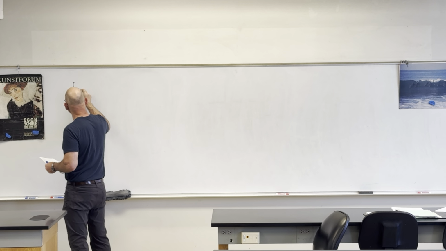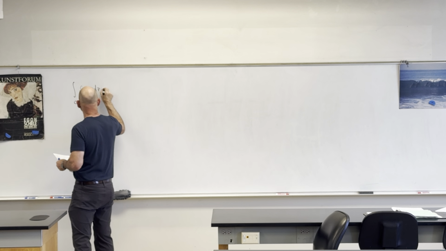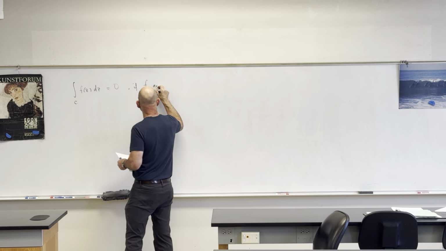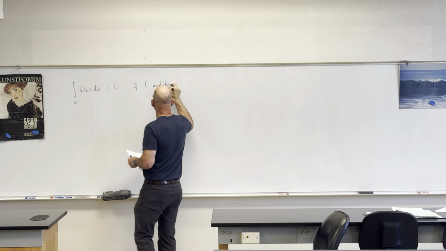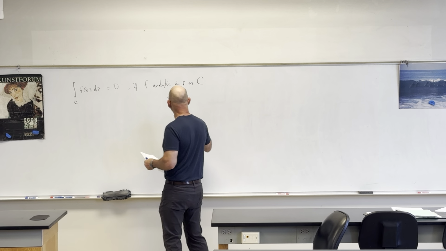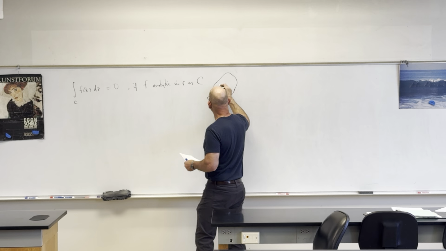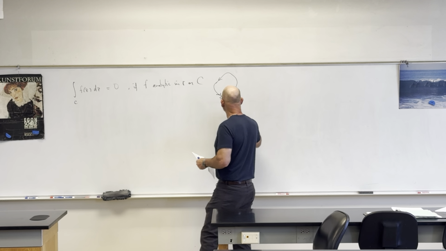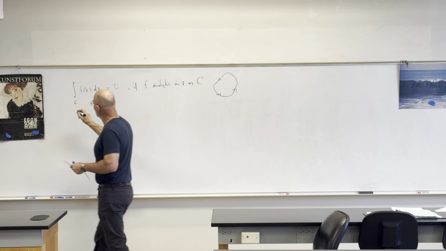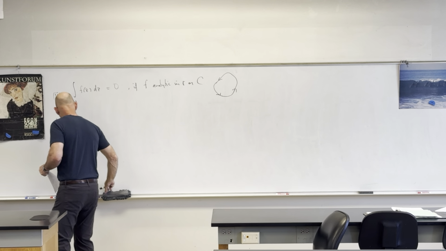So the integral of f(z) dz over C equals 0, if f is analytic in and on the contour C, which is some closed loop, with positive orientation. That's the first thing. Next thing is we apply that to